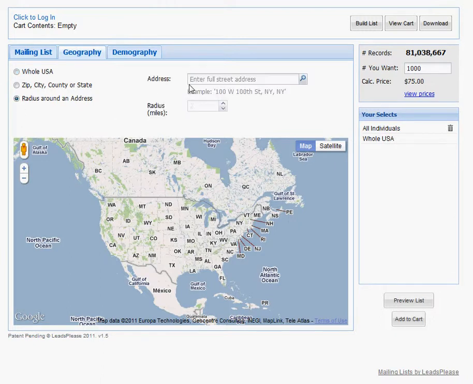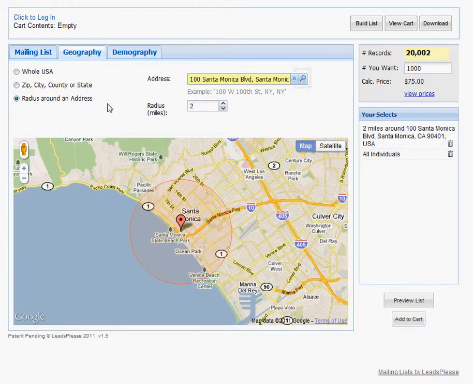Let's start off with a radius around an address. Remember, we're actually in the consumer database at the moment. So let's choose a location. So we'll say 100 Santa Monica Boulevard in California. You'll notice I didn't have to put in the whole address or the zip code. Immediately the system finds that address, draws a radius around it. It defaults to a 2-mile radius, and now you can see that there's 20,002 households in the National Consumer Database